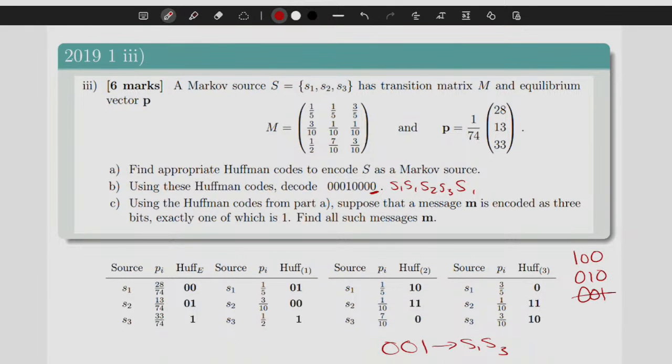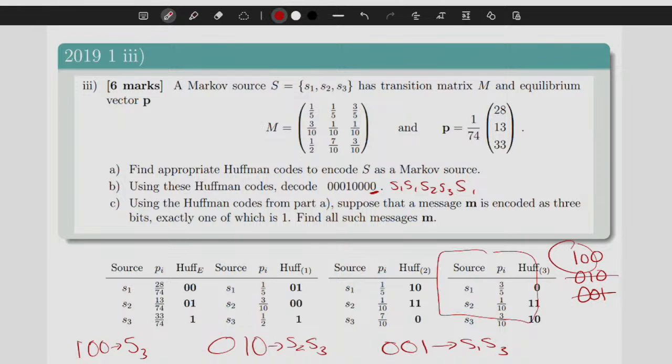Okay, next one that I can probably go. 0, 1, 0. Well, 0, 1 is going to match up with S2. So hey, what if it's 0, S2? And then we look at Huffman 2, and is there anyone that has a 0 at the end? Well, yes, there's S3. So that's another possibility that we can code up there. And now finally, we're looking at 1, 0, 0. Is there anything that starts with 1 or 1, 0? Well, yes, it's S3.